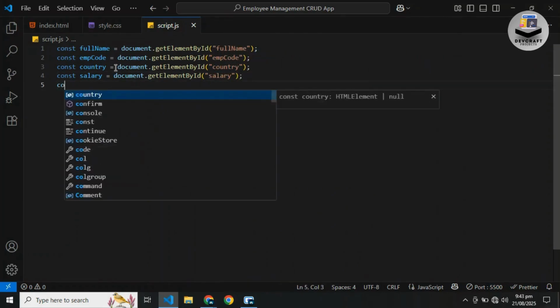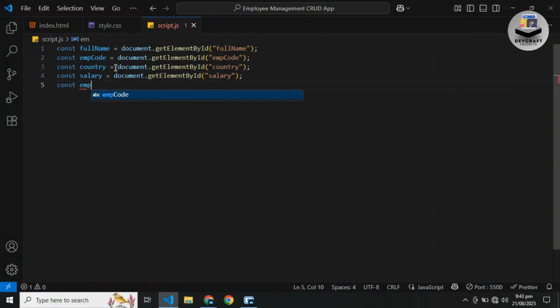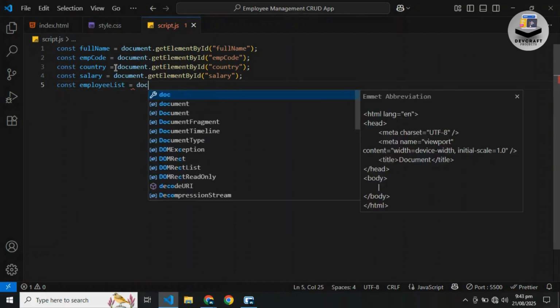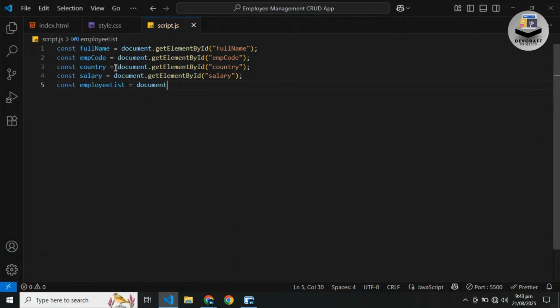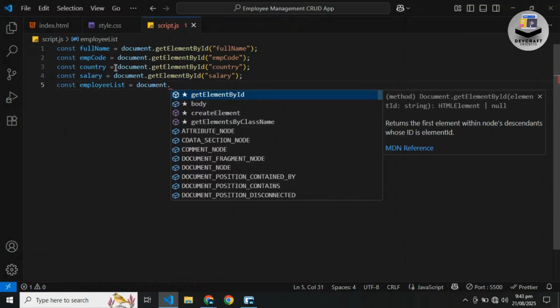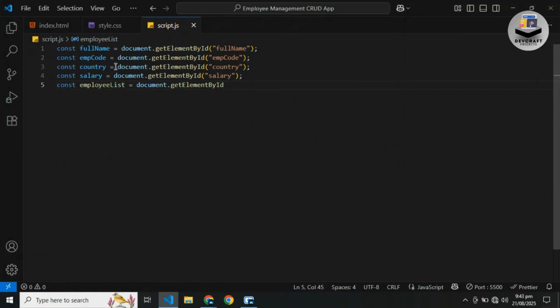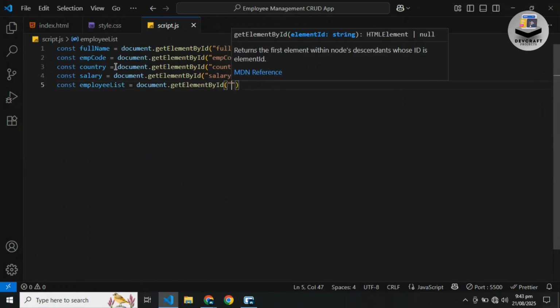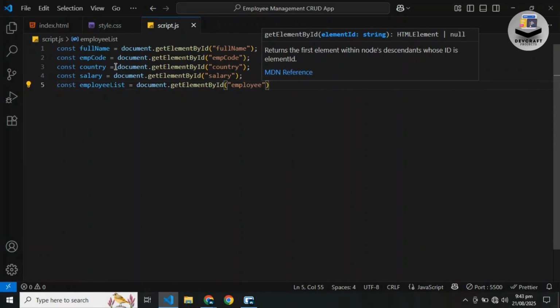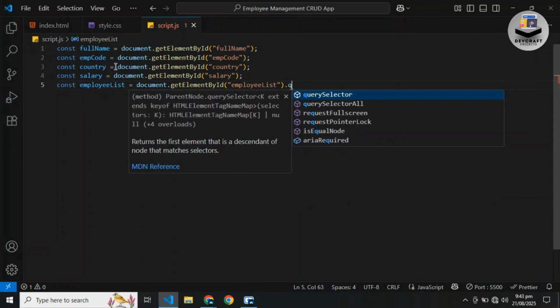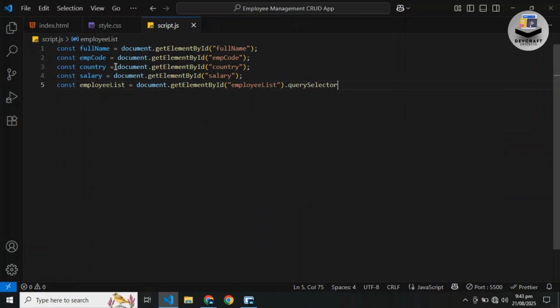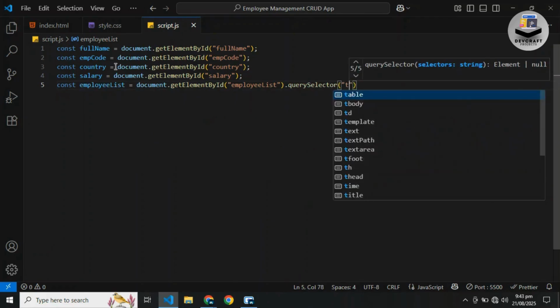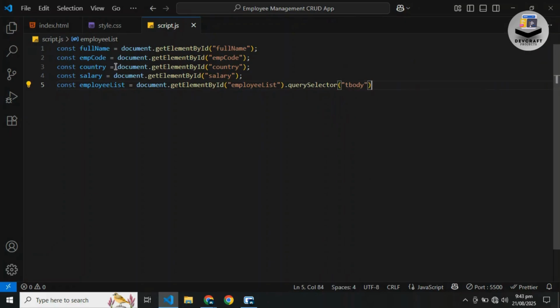Now we move to the table where we'll show the employees. First, we find the table by its ID employeeList. Then, on that table, we call .querySelector tbody to get specifically the tbody section. Why tbody? Because the header is in thead, and we'll be inserting rows only into tbody. Keeping them separate makes things clean and prevents us from accidentally overwriting the header. We store this in employeeList, which now points directly to the table body where new rows will be added